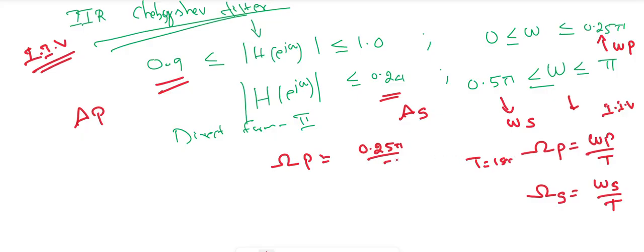So 0.25 pi by T is equal to 0.7854 radians per second,